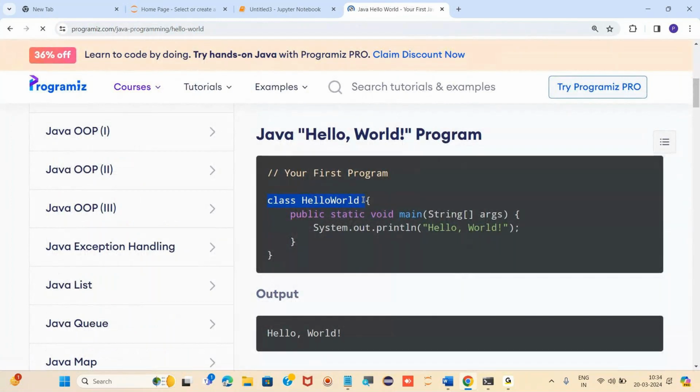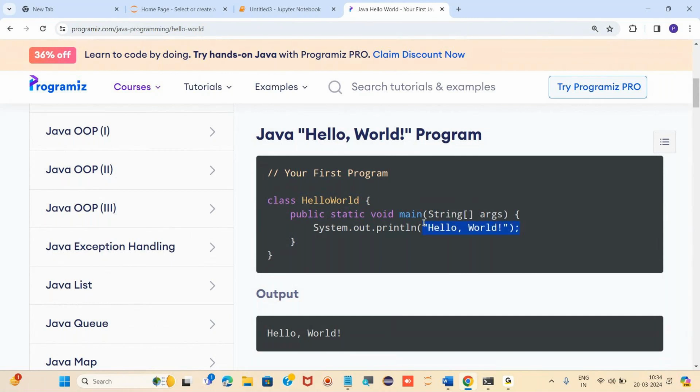We have to start it with curly braces. Then we have to write public static void main, which is the main method, the main area of the program. Again for this we have to write system.out.println and hello world. Again we have to end the main method, and also we have to end the class. So how many lines of code? 1, 2, 3, 4, 5. 5 lines of code for writing just a hello world program.